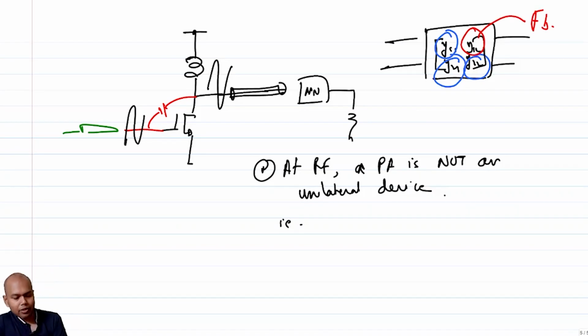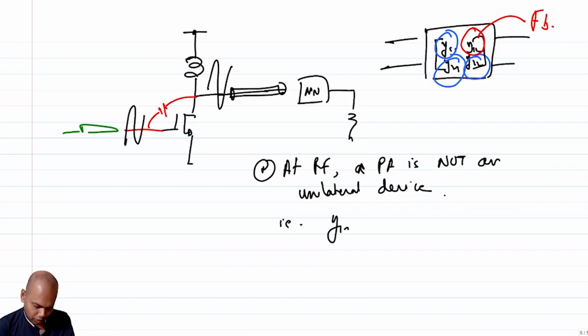In a unilateral device, this feedback term is 0. And that's why you can unconditionally make a unilateral device stable. But if you have a non-zero feedback term, that is Y12 is not equal to 0, which means there is a feedback from output to input, and if there is a phase lag and delay and so on at some frequency of interest, then there can be instability, right? So you have to look out for